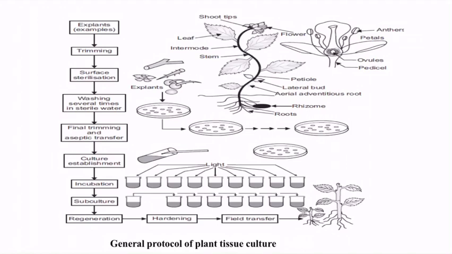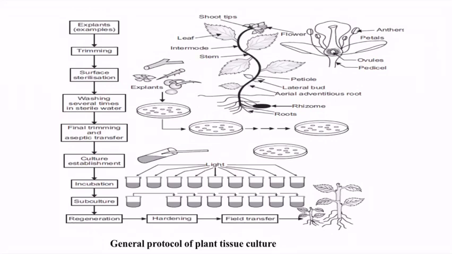Later on, the next step is selection or collection of the explant. A cut portion of a plant or a tissue which is used for initiation of an in vitro culture is called an explant. It may be a leaf, a stem, a root, or a flower. After that, these explants are trimmed and surface sterilized by using various surface